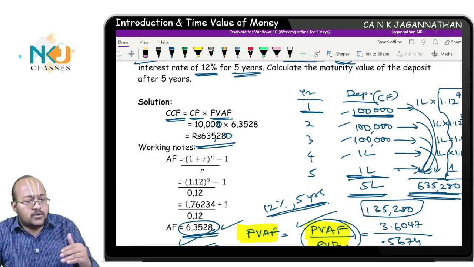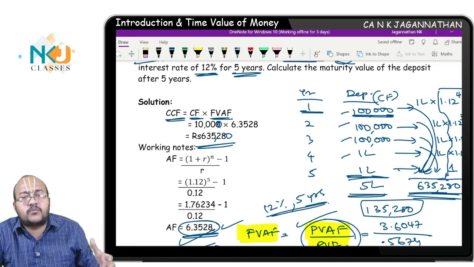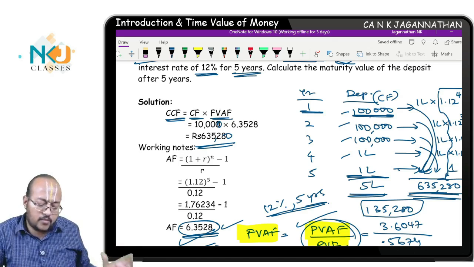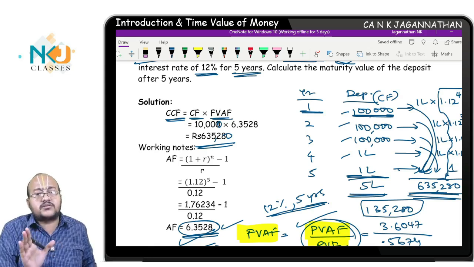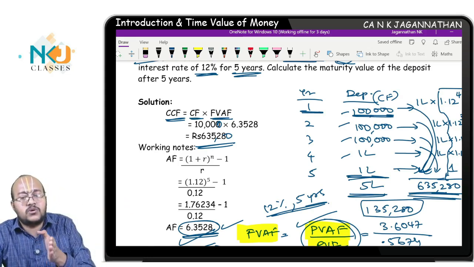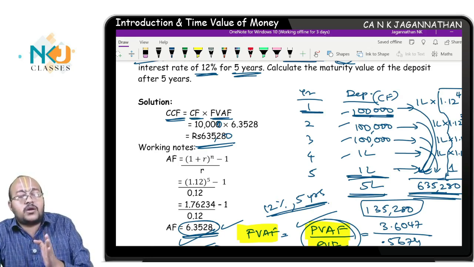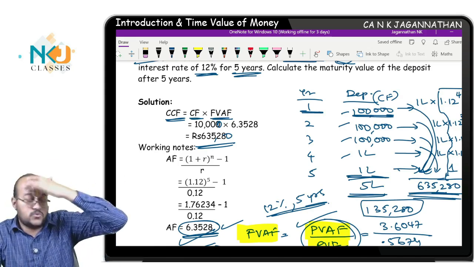Correct? We are trying to cover as much as possible, as we have a limitation of time. Within 35, 40 hours, we have to complete the entire syllabus. That is what our aim is. So wherever we need to discuss this, I'll tell you I have discussed it in time value of money, you go through that. So it is very essential to understand this chapter properly, which will form as a base for the subject to come.